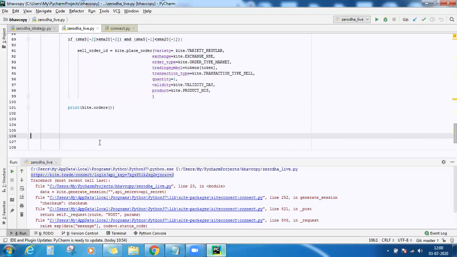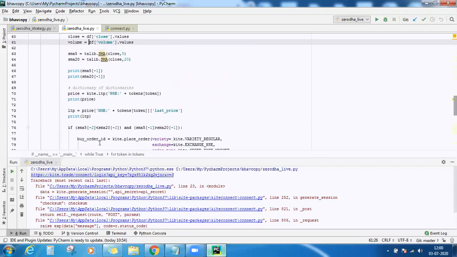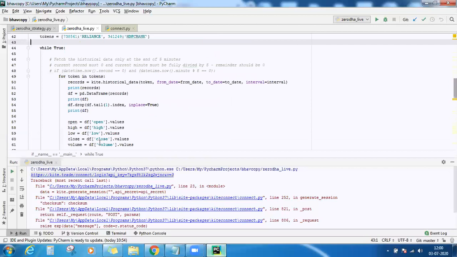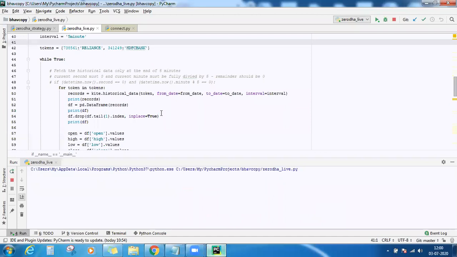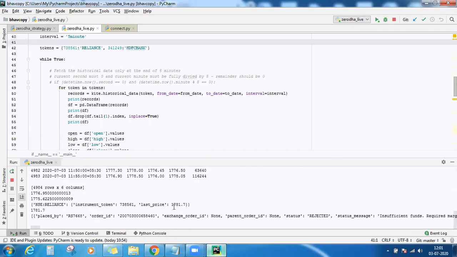So it is going to run inside a continuous while loop. So we are rerunning it again. So you are getting the data now.